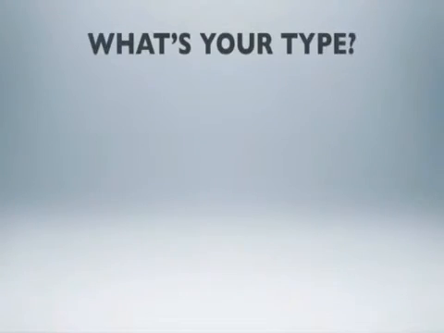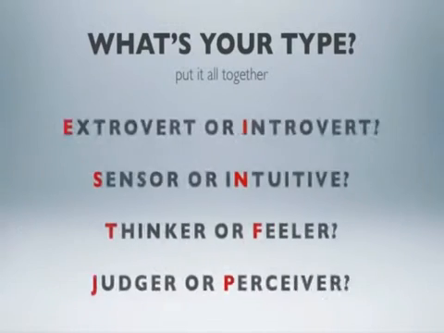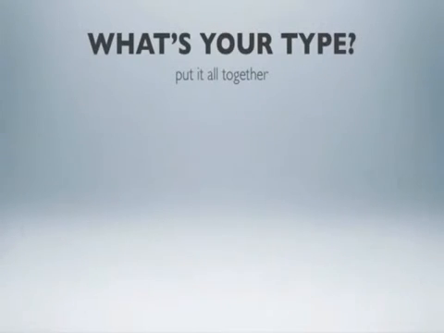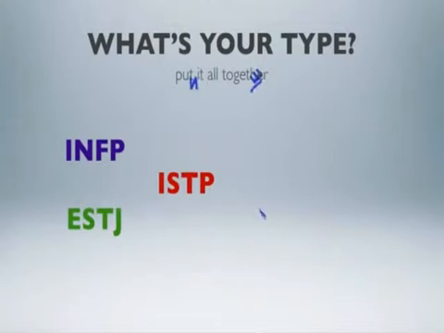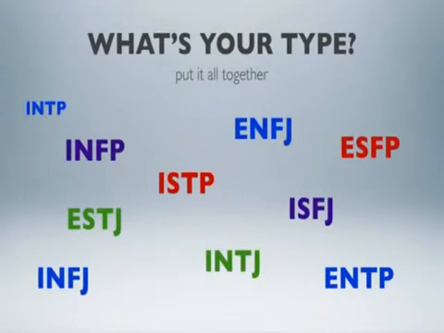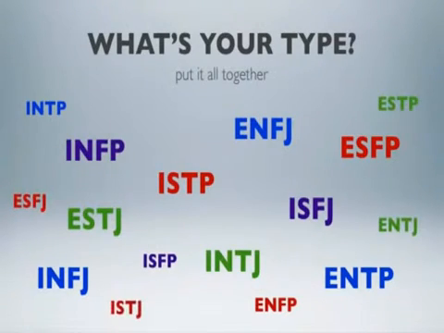Now it's time to put it all together. The 4 letters you have chosen are combined to create a code for your personality type. It might be INFP, ESTJ, ISTP, ENFJ, or any one of 16 combinations. For each personality type, your preferences combine in a unique way to create an overall style of interacting with the